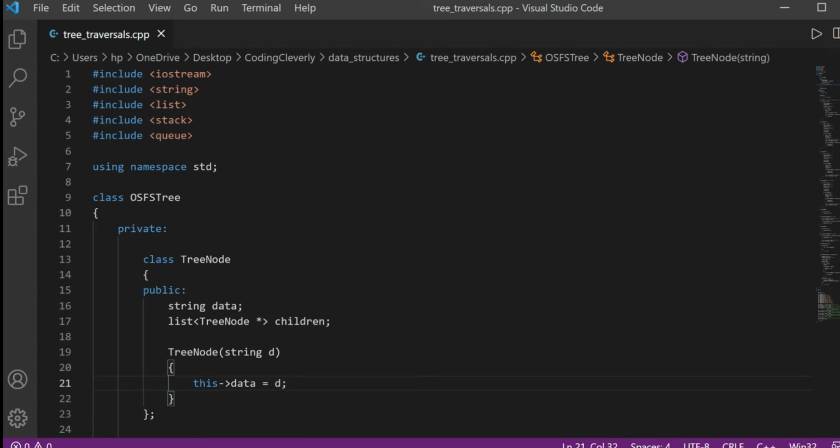I just wanted to give a few pointers for the tree traversal algorithms. Tree traversal algorithms can be classified broadly into two categories: depth first search, which is DFS, and breadth first search, which is BFS. Depth first search consists of three variants: pre-order traversal, in-order traversal, and post-order traversal. Breadth first search consists of one variant, called